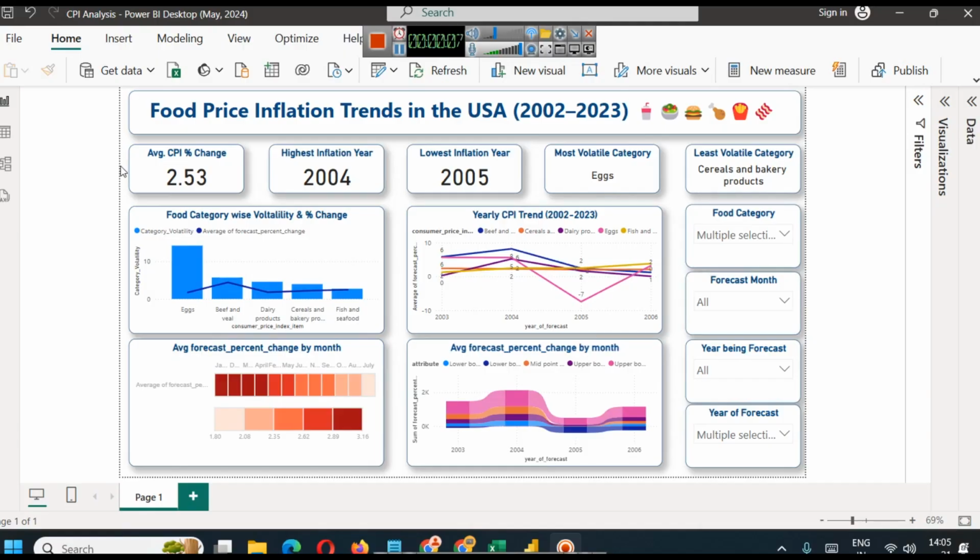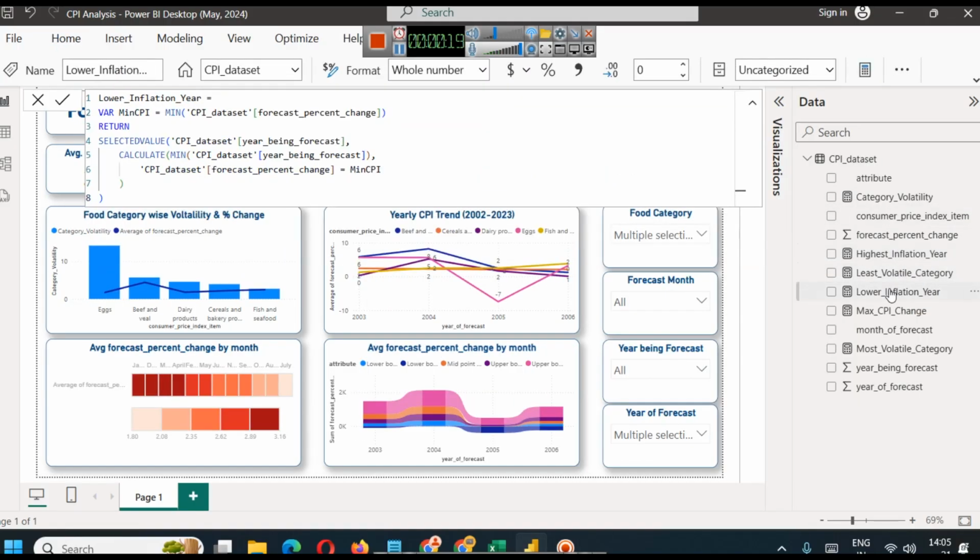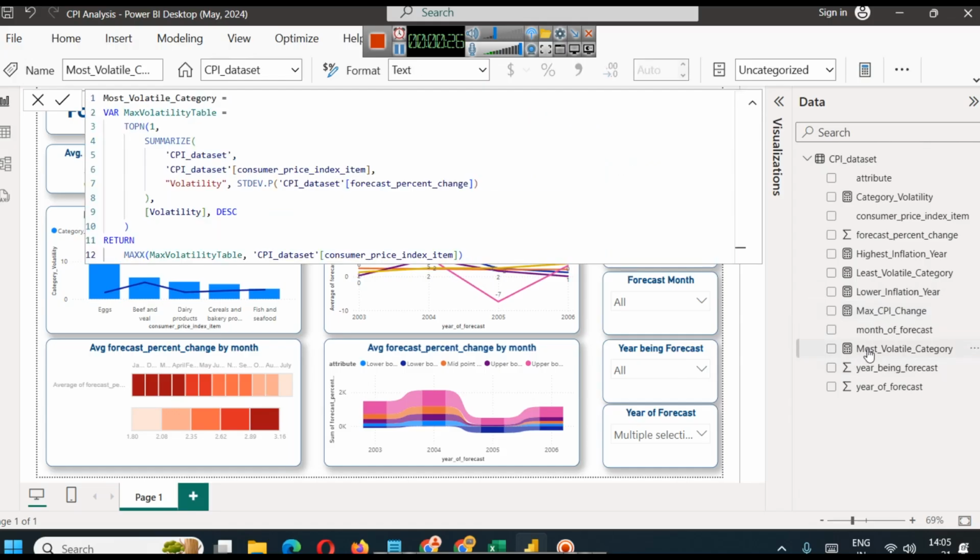In this part, we are learning about creating an interactive dashboard which is called Food Price Inflation Trends in USA. Here you will learn creating these DAX measures. So for lower inflation here, least volatile category, max CPI change, most volatile category, we will learn all these DAX